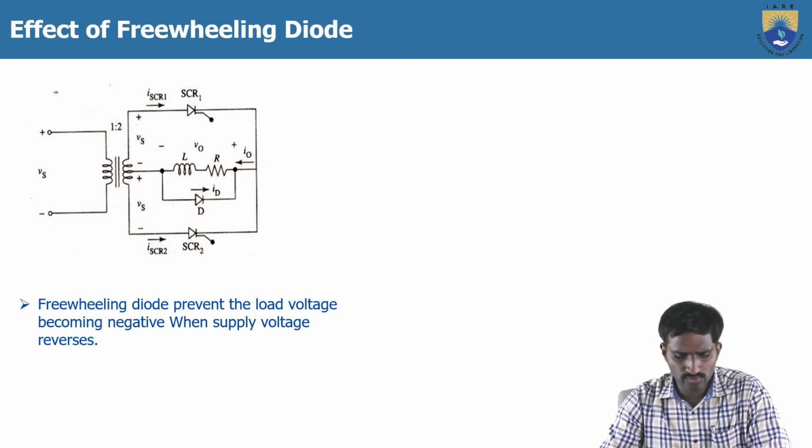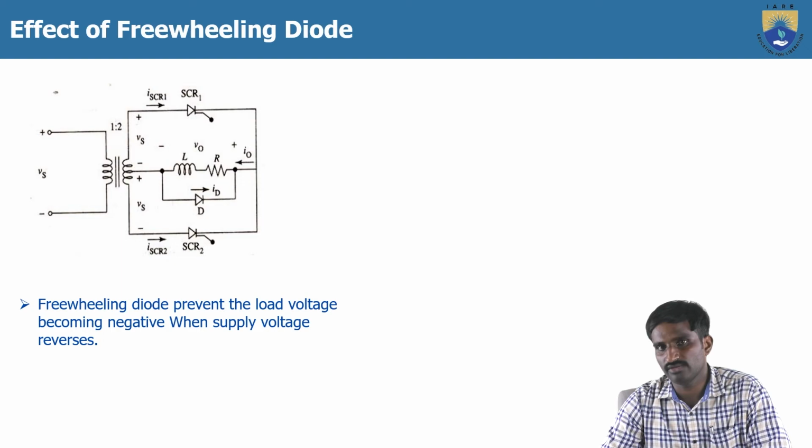Actually, as we know, the major advantage of the freewheeling diode. Usually the freewheeling diode is connected in parallel with the load, or across the load. So here the freewheeling diode prevents the load voltage from becoming negative when the supply voltage reverses, because as we just saw